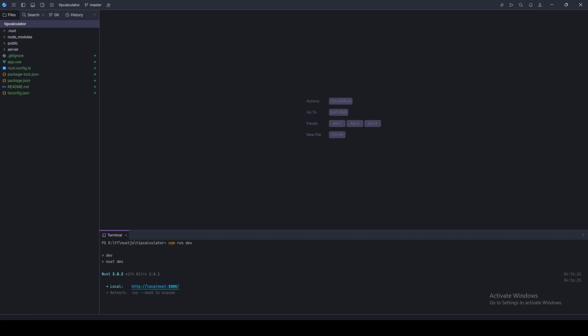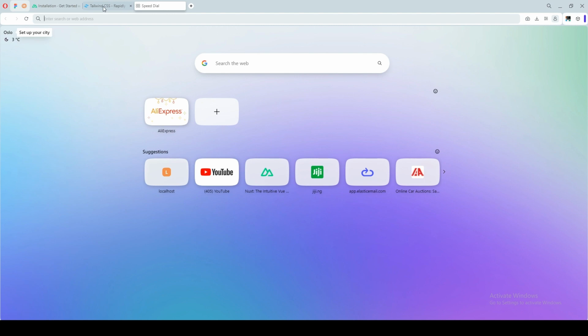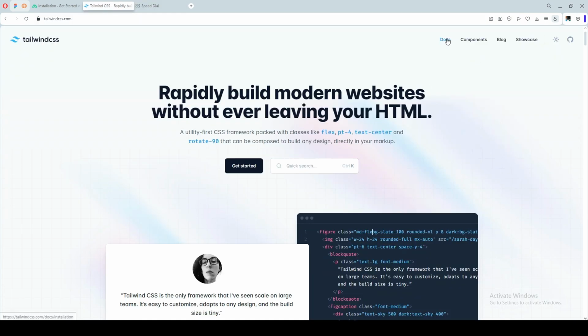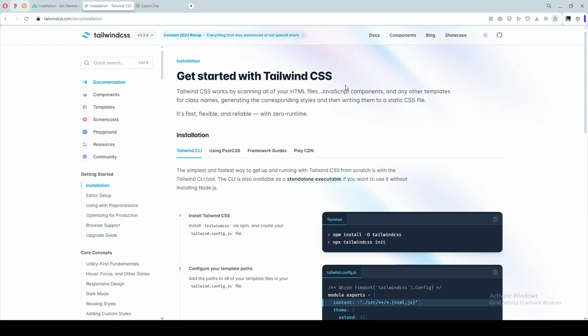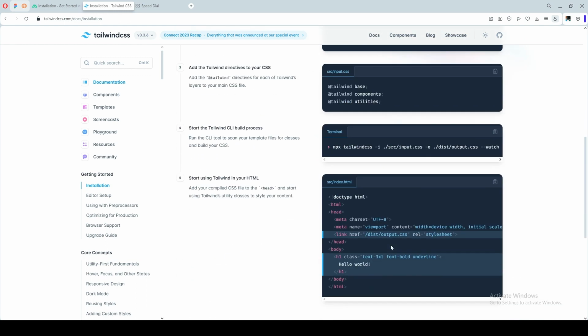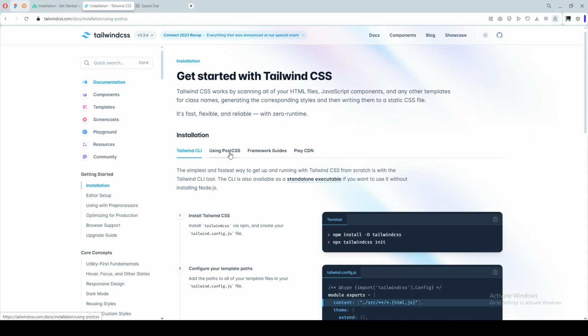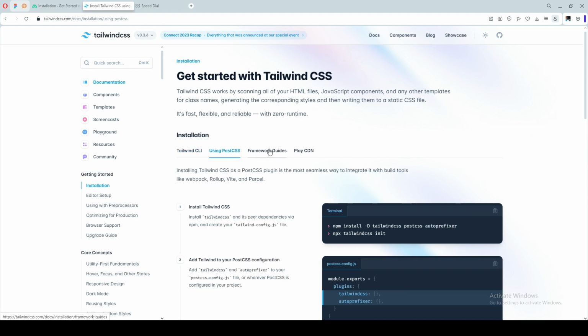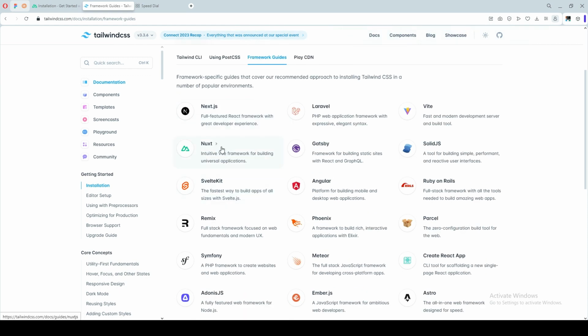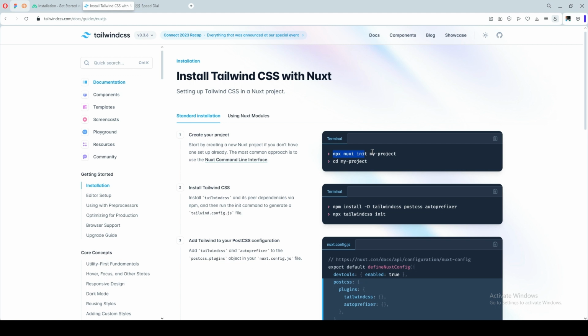While that is running, let's go through the Tailwind CSS documentation. How we'll install Tailwind CSS. So you can see Tailwind CLI. You can see this is the normal way you install in your normal HTML, CSS, and the likes. But we are using a framework here. So we go to framework guide, then we go to Nuxt. Then we have done this already. We are already in our projects folder. So the next is to run